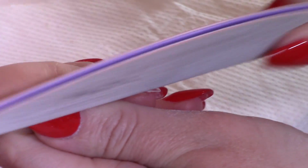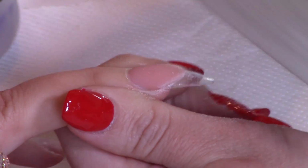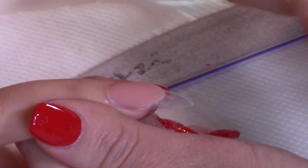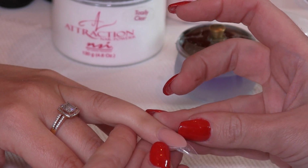Down that side, down on the other side, and up and round the tip there. Now dusting down towards us. Have a check. Now you also want to check that this side and this side, these two corners that meet,